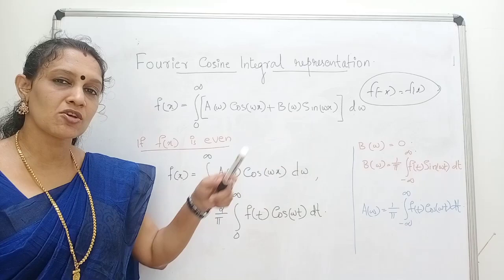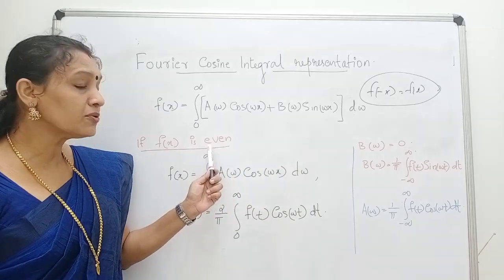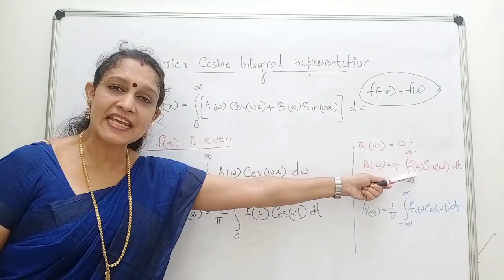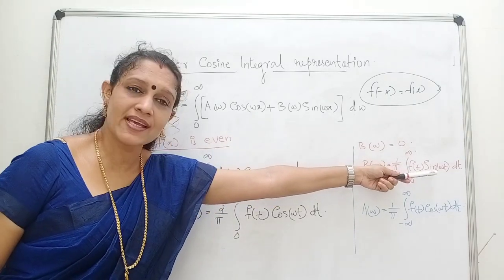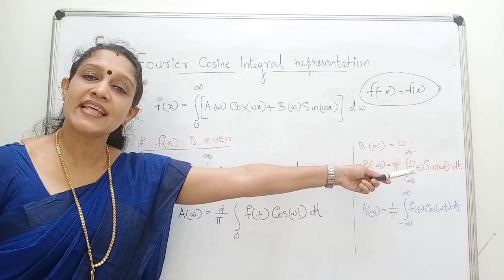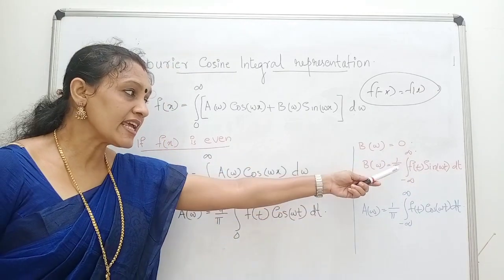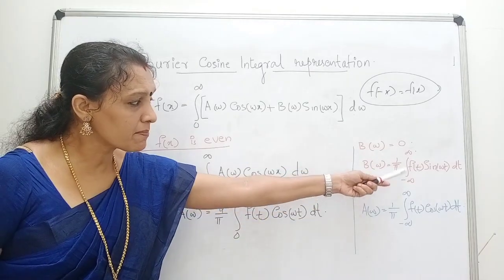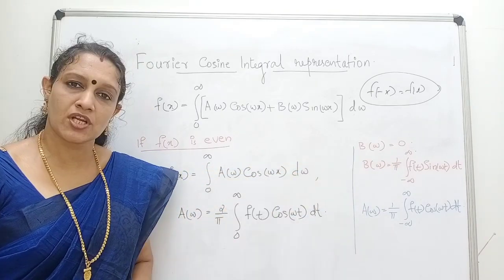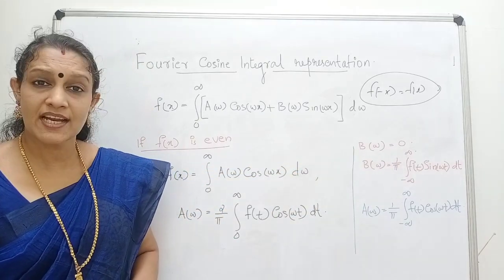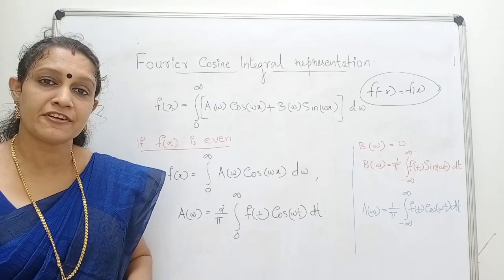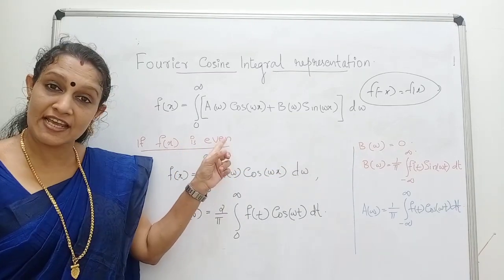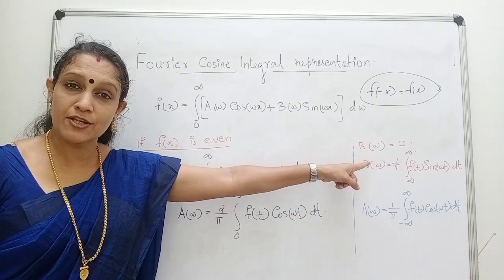See, this we have in the big equation, isn't it? And here we assumed the case when f of x is an even function. So here f of t is even and sin omega t is an odd function. And we know even into odd function is always an odd function, isn't it? And the integral from minus infinity to infinity of an odd function, what is the answer? It is 0, isn't it? You have learned these types of properties in definite integrals, I think. Therefore, when we are assuming f of x as an even function, b omega reduces to 0.